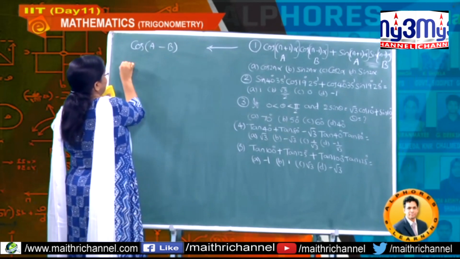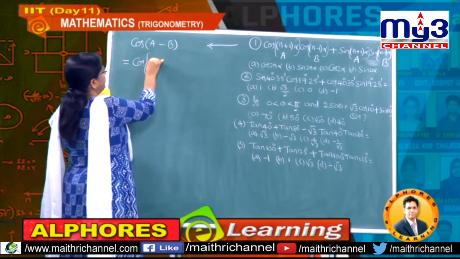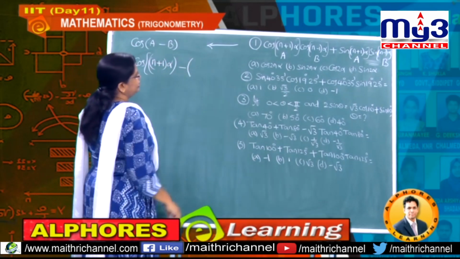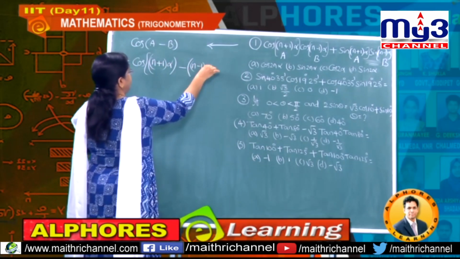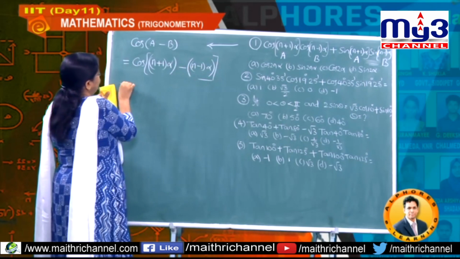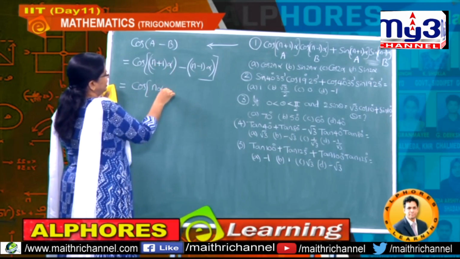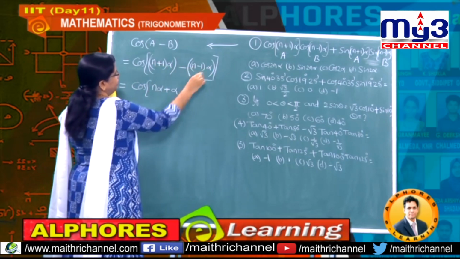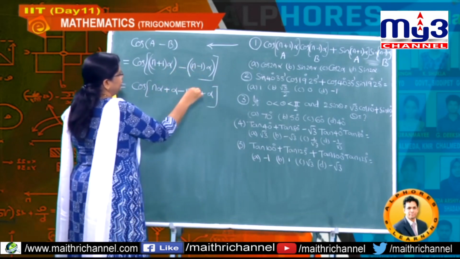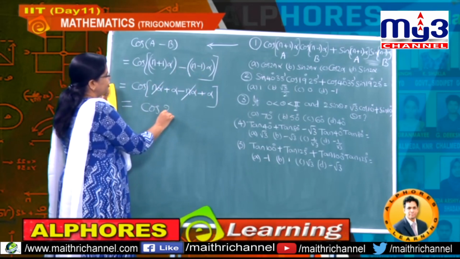So what is your A minus B here? Cos of, it is A. What is A here? N plus 1 into alpha. And next what is B here? It is minus, and B means N minus 1 into alpha. Whenever minus symbols are there, better put a bracket in this way. And now here this is cos of, I am multiplying n into alpha is n alpha plus alpha, and next minus n into alpha, so minus n alpha, minus into minus plus alpha, and now here these two get cancelled. So what is our answer? It is equal to cos 2 alpha.